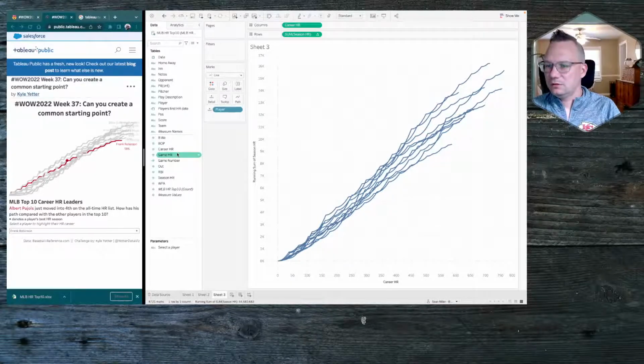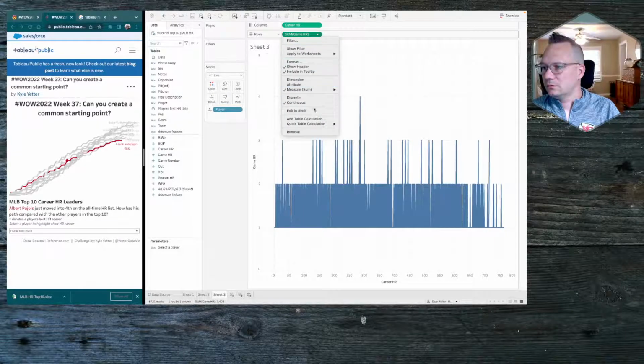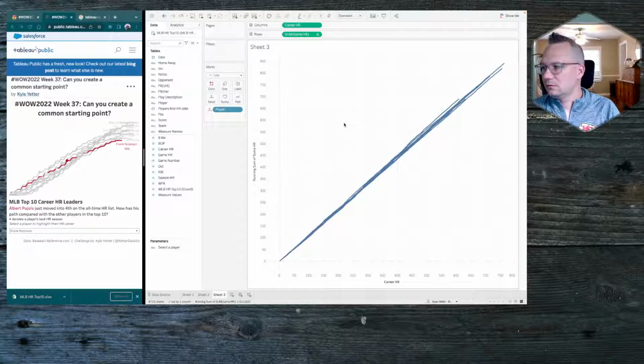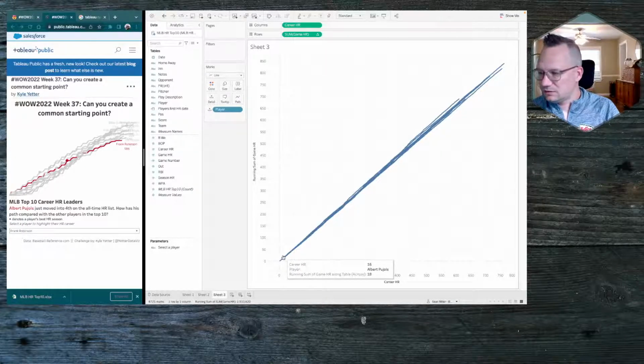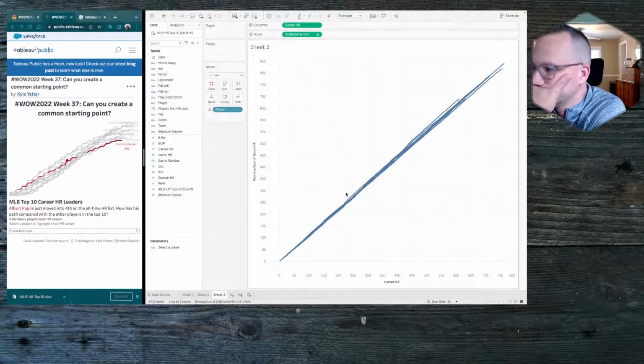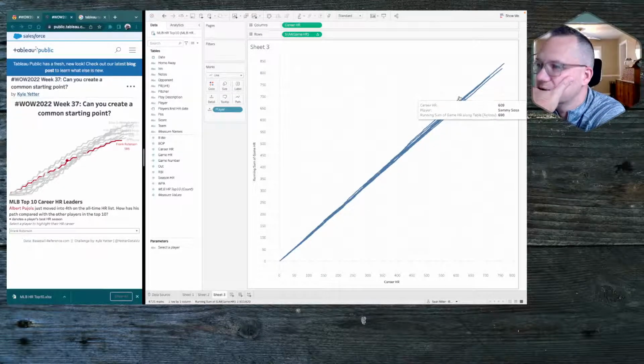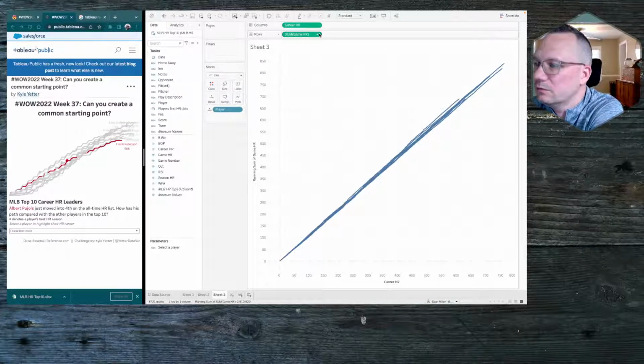Game home run. We could do that. Okay. That's just linear. That's not necessarily... That's just always going to be linear, right? Because what we want to do